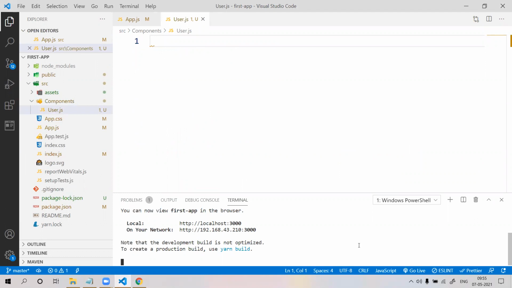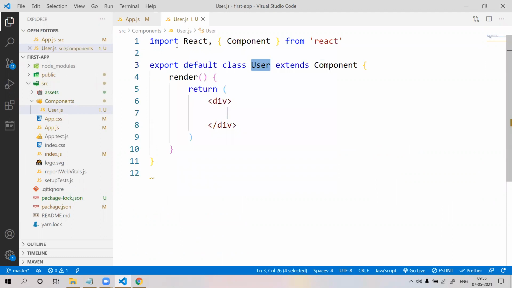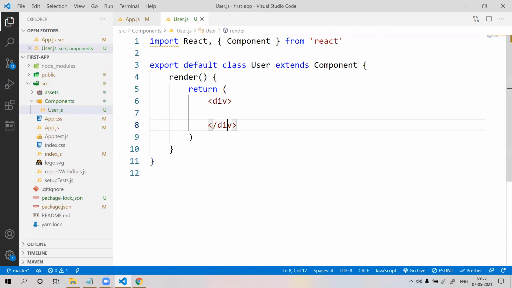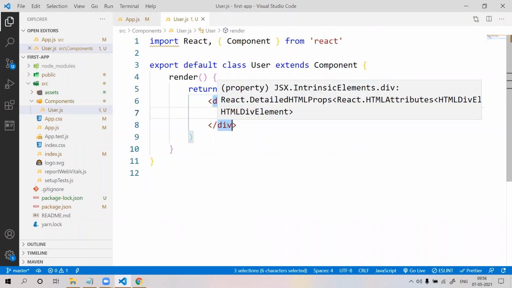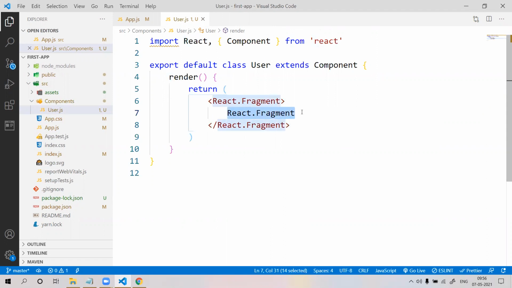Okay, RCC, React class component, user action. Return. Change this to React.Fragment.